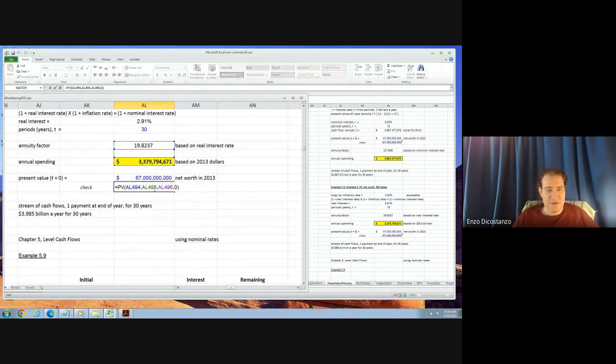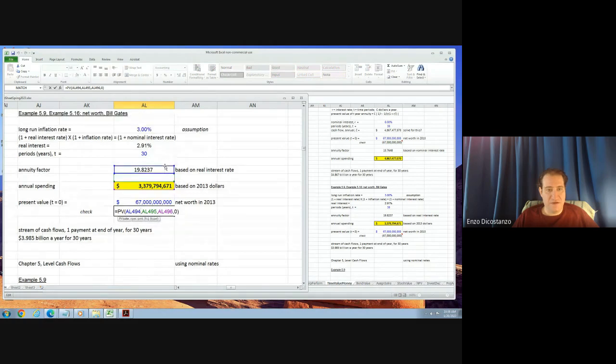So this would be the rate would be 2.9. Years would be 30 years. And those are your payments. And again, I don't know why I did that, but